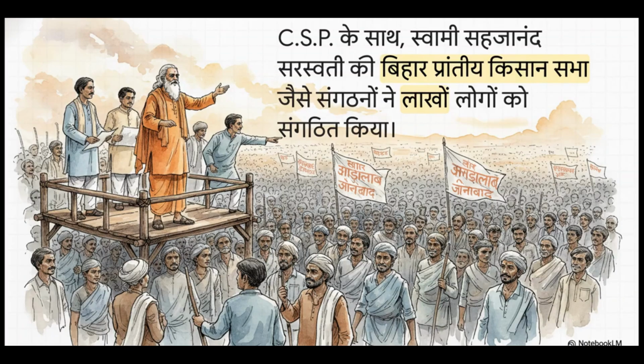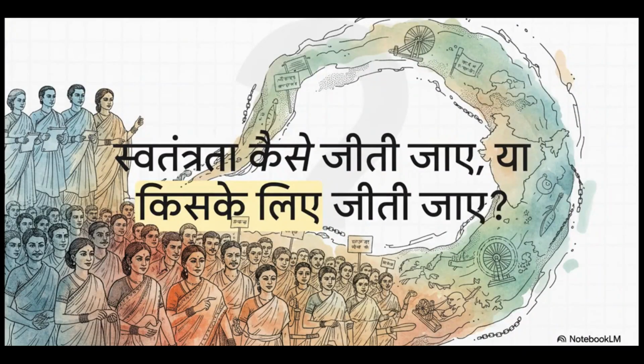और ये बदलाव सिर्फ बड़े नेताओं के लेवल पर नहीं हो रहा था, ज़मीनी हकीकत भी बदल रही थी। स्वामी सहजानंद सरस्वती जैसे नेताओं की अगुवाई में बिहार प्रांतीय किसान सभा जैसे ताकतवर किसान संगठन खड़े हो रहे थे, जो लाखों किसानों को अपने हक के लिए एकजुट कर रहे थे। और ये लोग अक्सर नए समाजवादी नेताओं के साथ मिलकर काम करते थे।